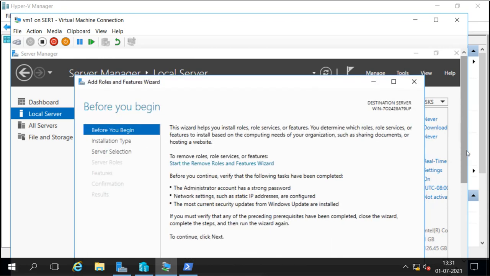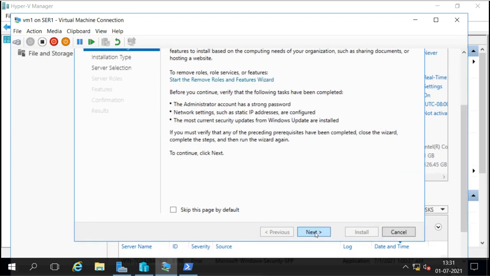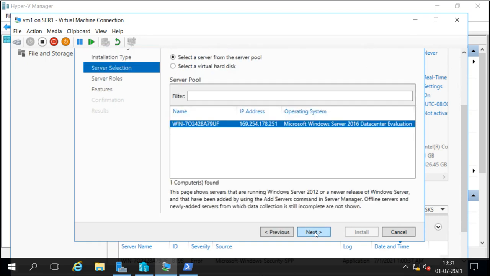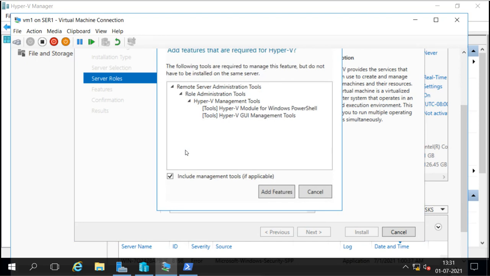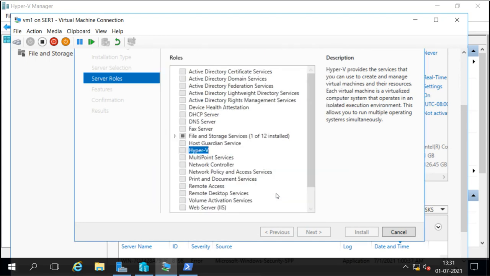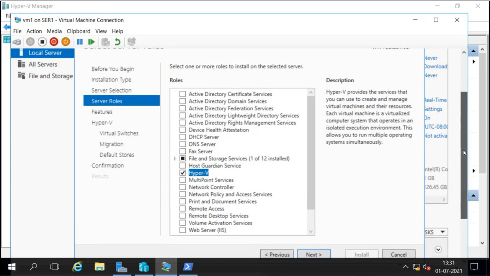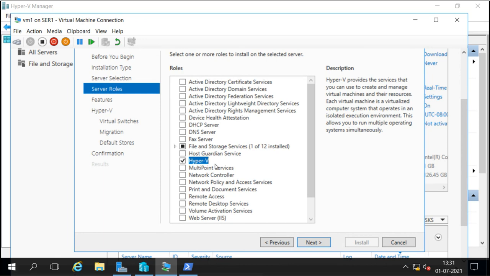So next, from the roles I want to install the Hyper-V role, add the features, and you can see it is not giving any error. That means now we can successfully install this Hyper-V role in this virtual machine, and when we install the Hyper-V role, that means we can create the virtual machine also.